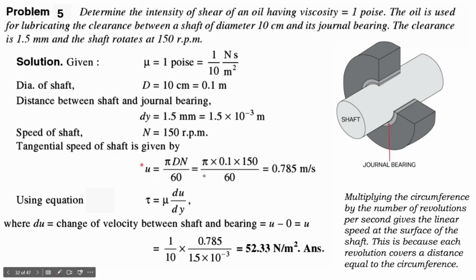Okay. Now see, using the equation known as Newton's law of viscosity, which is tau is equal to mu du dy, right? Where du dy is the velocity gradient, mu is the dynamic viscosity, and tau is the tangential stress, right? Now du is given as u minus 0, because this is the change of the velocity between the shaft and the bearing, and if you just put all the values here, you will end up getting your desired answer in Newton per meter square, because you are figuring out the value of tau. Tau is the stress, and stress will have force upon area, where this force is tangential force,